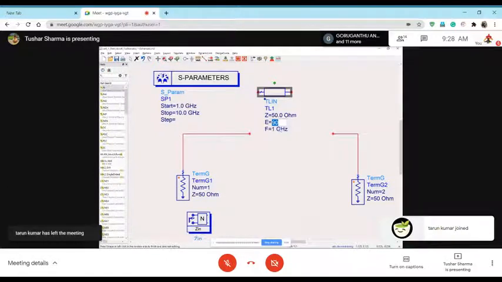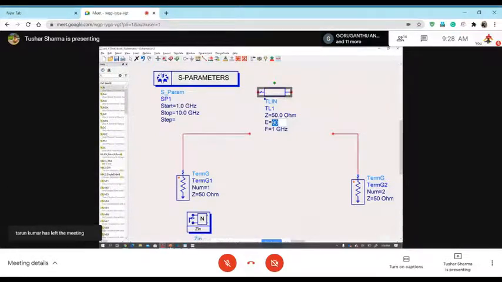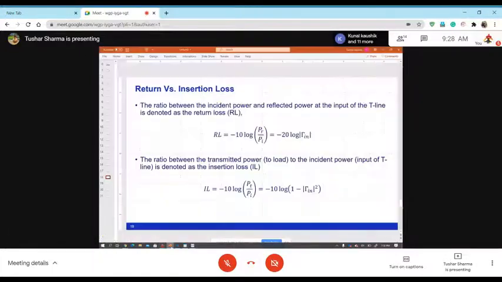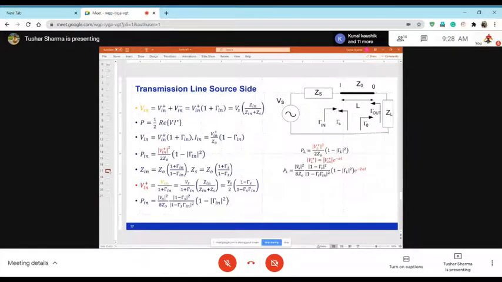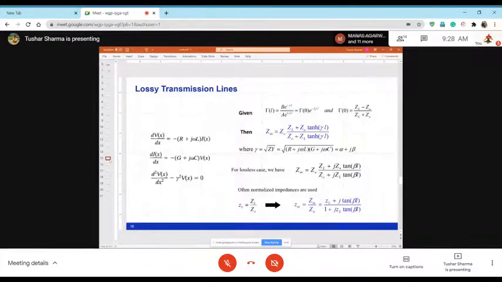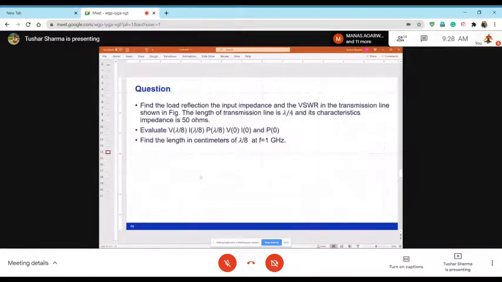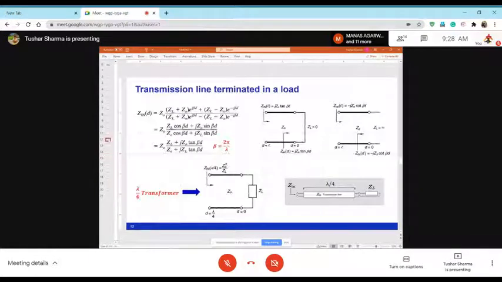So if I tell you that back here where we saw the transformer thing, this one, where is the transformer? This one. Okay, so we were calculating the impedance of the line, and we said when the length of this line is pi by 2, which means 90 degrees, it becomes a lambda by 4 transformer. So pi by 2 is how much? 90 degrees.